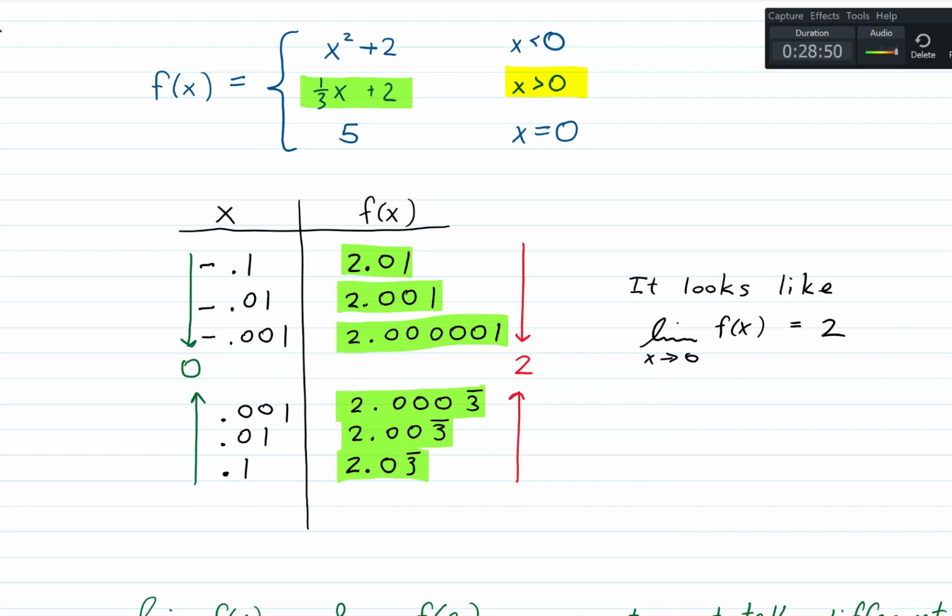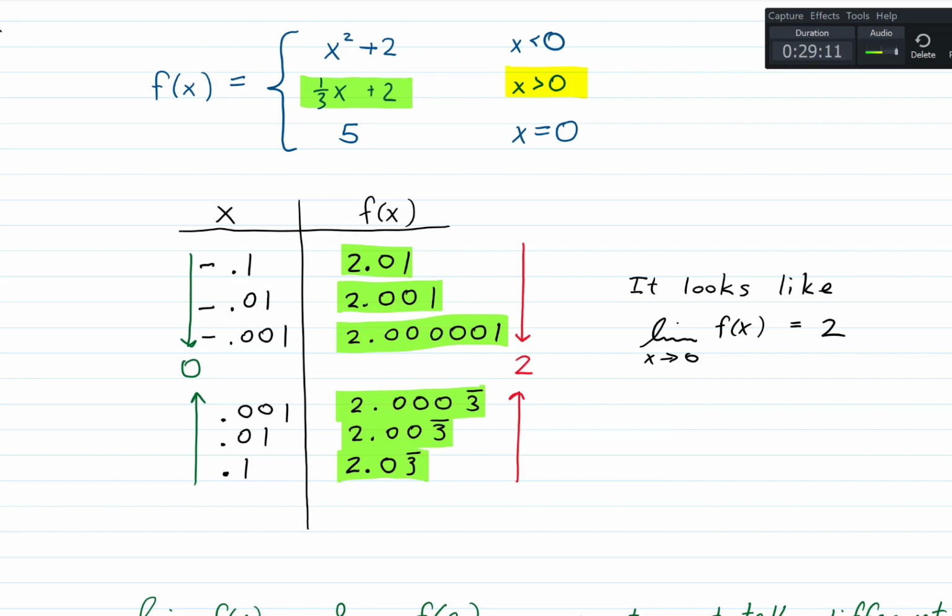Okay? Now you might ask this, and this is actually a very reasonable question. You might say, well, that's not good enough to say it looks like 2. We need to figure out if it is 2. And you're right, we do, but that's going to take us a few days. Okay? All we're doing right now is just looking at the table of values, and yes, it is true, we're